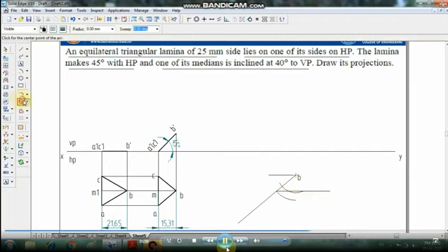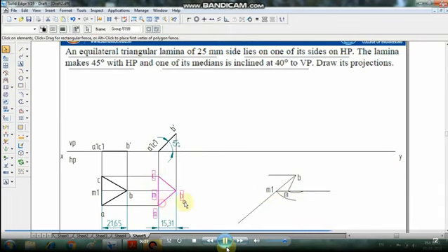Now it cuts here, so trim that also. Now join that point with B. Okay, so mention which this is M1 and this is M, the distance from B. This is M1 point and this is M point.